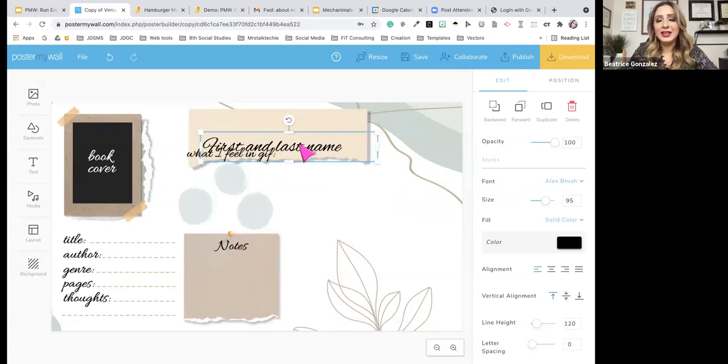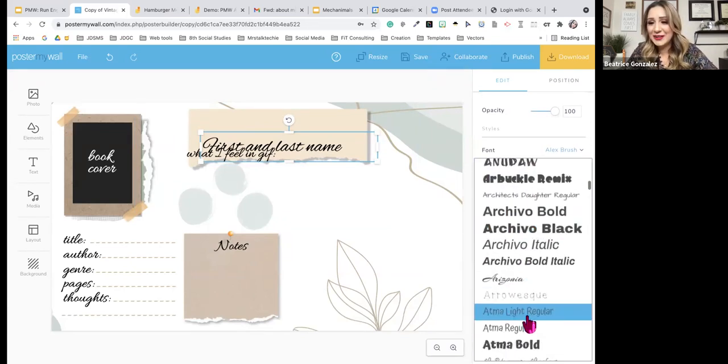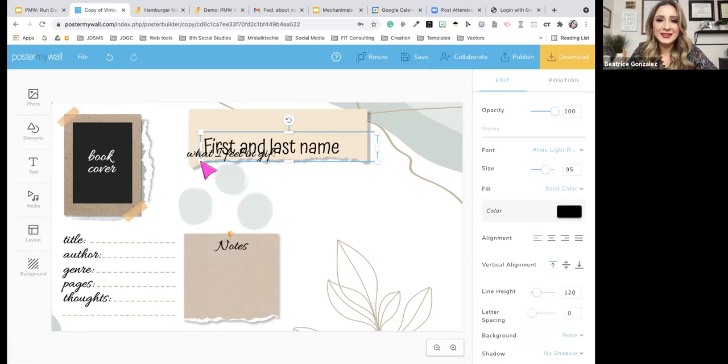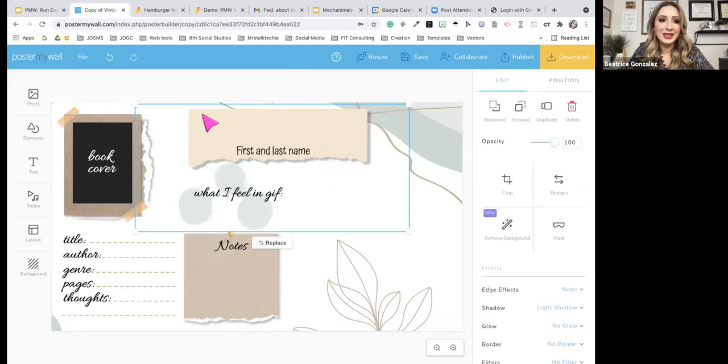And of course, kids, as soon as you start writing in cursive, they forget how to read. It's difficult for them. So I'm going to change the text and make it a little bit smaller. Notice on the right-hand side, this is what I love. The interface here is so user-friendly that I just click on it, go to the right-hand side, and toggle this over to make it smaller. And now they know that that's where they're going to be putting in their first and last name.